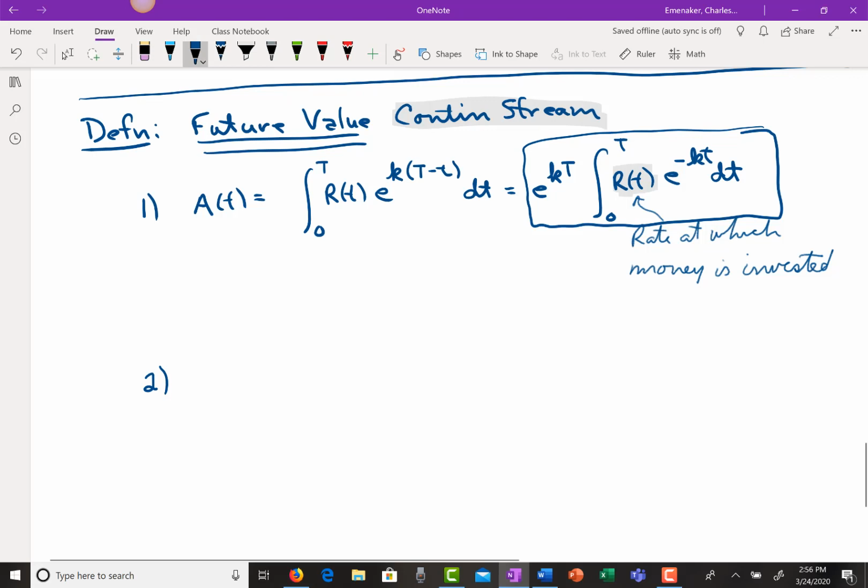Now, the scenario that we just worked above assumes that the rate at which money is being invested is constant, whether it be $100 a day or $36,500 a year. It was constant. We're going to do a specific case here. If r of t is a constant, for example, the $100 a day, the $36,500 a year, you can factor it out,